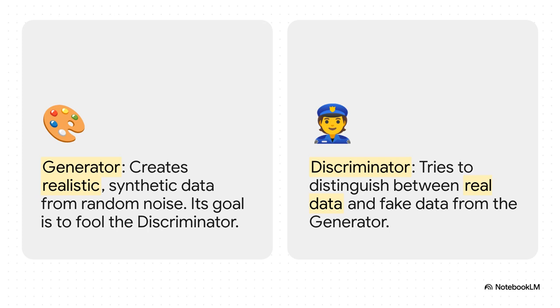So how do we generate this new data to balance things out? We can use some really advanced methods like generative adversarial networks, or GANs. And this is where it gets really cool. It's basically a cat and mouse game between two AIs. You've got the generator, think of it like a counterfeiter trying to make perfect fake money, and then you have the discriminator, the police officer trying to spot the fakes. They go back and forth getting better and better until the counterfeiter can create money that's indistinguishable from the real thing. This is perfect for creating brand new, super realistic data points to boost those underrepresented groups.